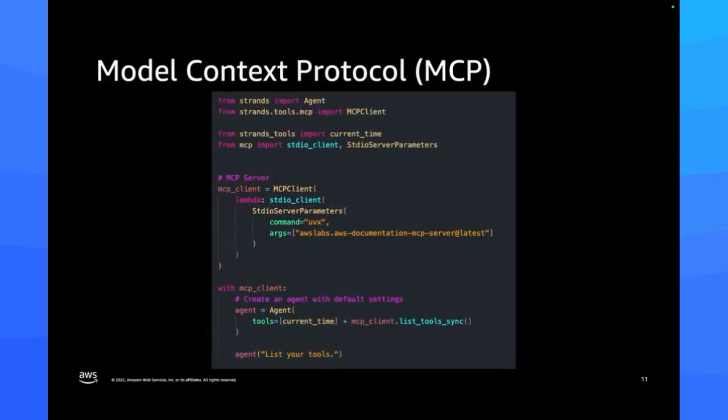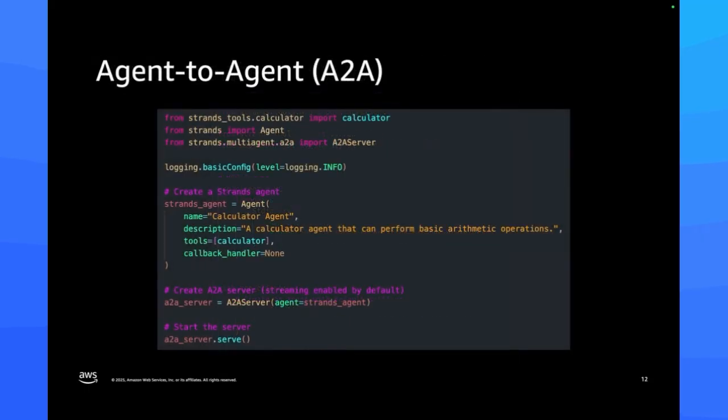It also supports MCP, something I mentioned before. Here we're using the AWS documentation MCP server. We're passing this in from pip with uvx. This initializes, and then from there, we can start asking questions about the AWS documentation. It also supports A2A, agent-to-agent communication. So now when these agents need to communicate, they all have different capabilities, different tools, different features. Out of the box natively, you can start connecting agents with Strands and do some really powerful agent-to-agent communication in a few lines of code again.